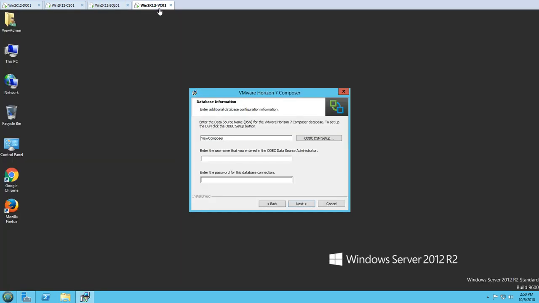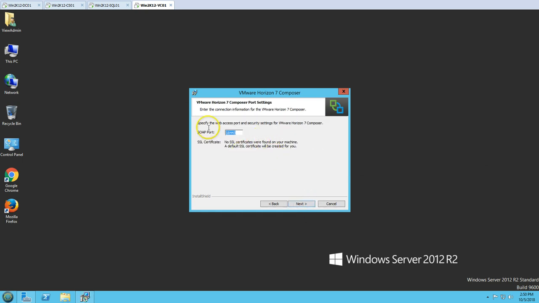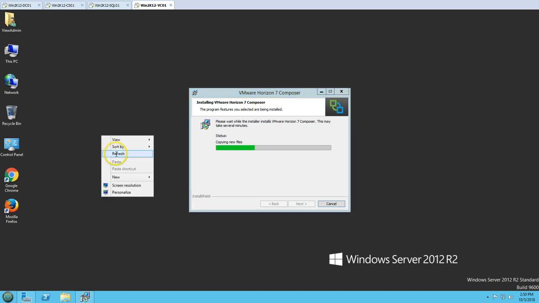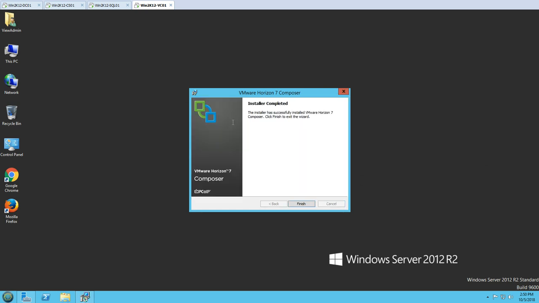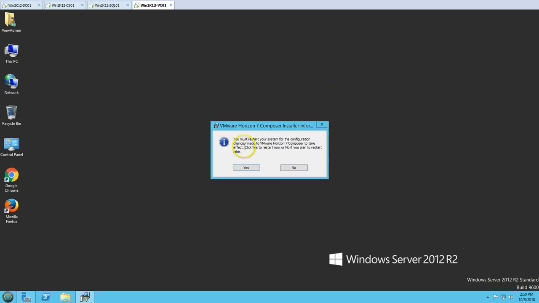So I'm going to type here, the name is also the same, so I'm going to type View Composer, and then I'm going to type my password and click next. And this is going to be the port for SOAP, the Composer port setting. So click next and install, and now you can see the installation is getting started, and it's going to take a few seconds to get the installation done. Now you can see it's starting the services. Everything is looking good,